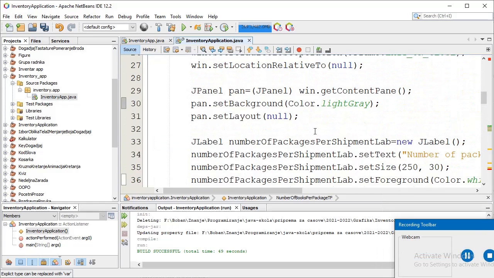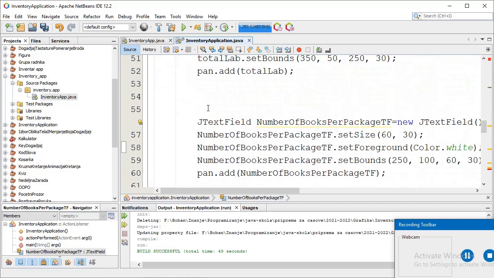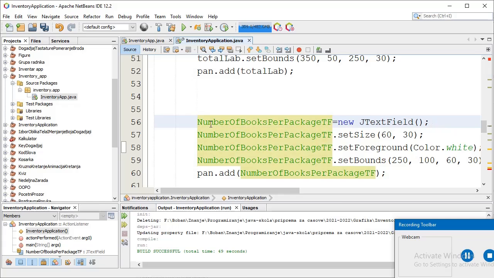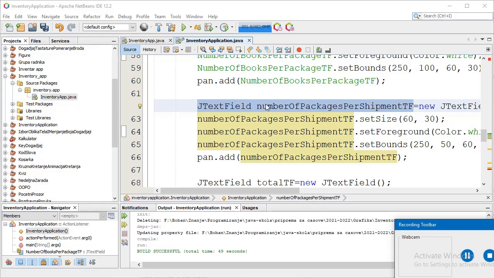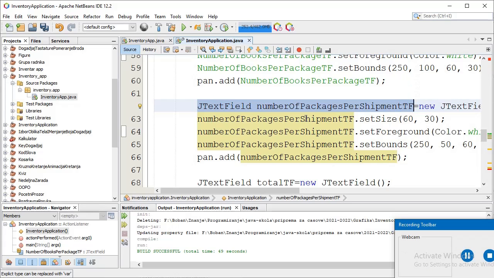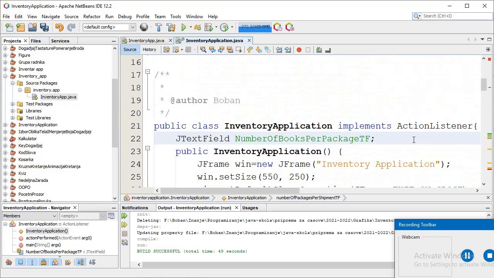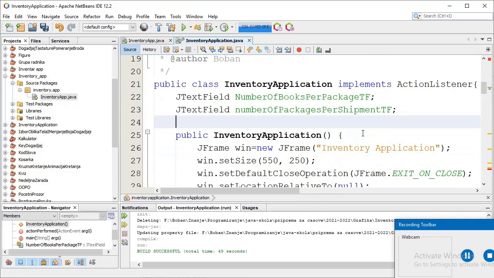I copy the first and place it on the top of the class, and I will remove the local declaration. This is the corresponding JTextField. I need to do this for all objects that I use in more methods.